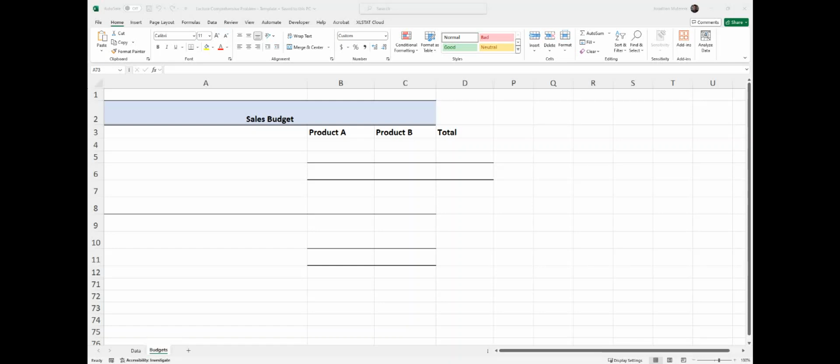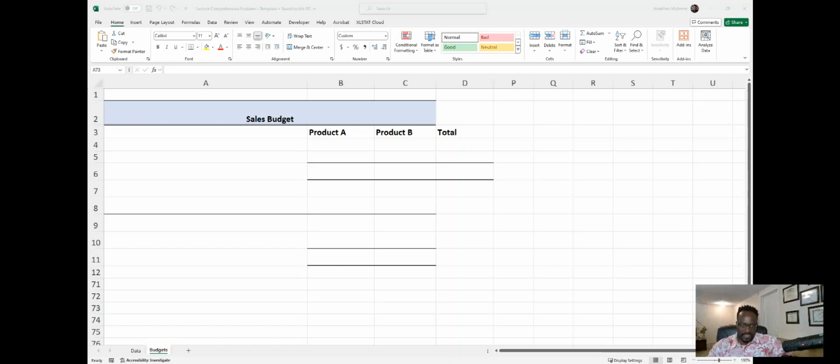Okay, so we're going to start by preparing the sales budget and use the information that is provided in the case. But before we dive into the sales budget, let's just remind ourselves where the budgeting process begins. If you recall, I mentioned earlier that the budgeting process begins with the sales forecast. So the sales forecast,